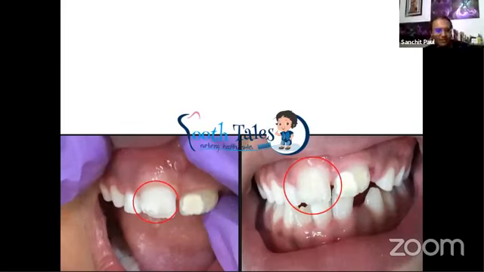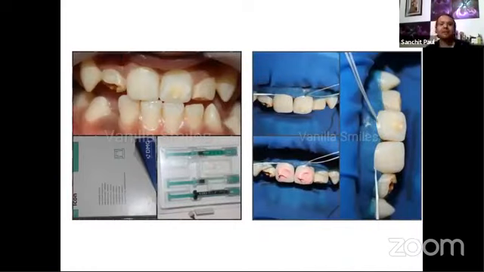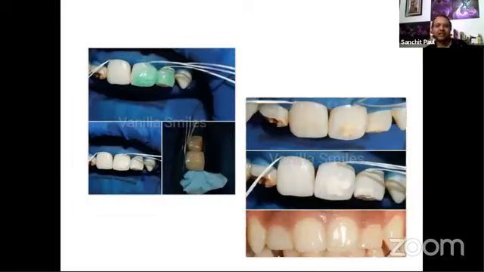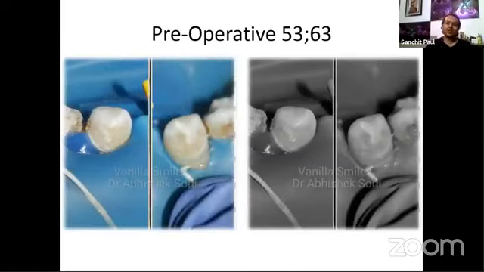So just highlighting a couple of cases where you can use it not only for the permanent teeth, as we can see in these teeth, these are permanent teeth affected by molar incisor hypomineralization, and with the correct protocol of using your phosphoric acid, your hydrochloric acid, then your Icon Dry and Icon Etch, Icon Dry and then Icon Infiltrate, we can get a very good outcome, which is not only plaque free and biofilm free, but also gives a very nice gloss and finish.